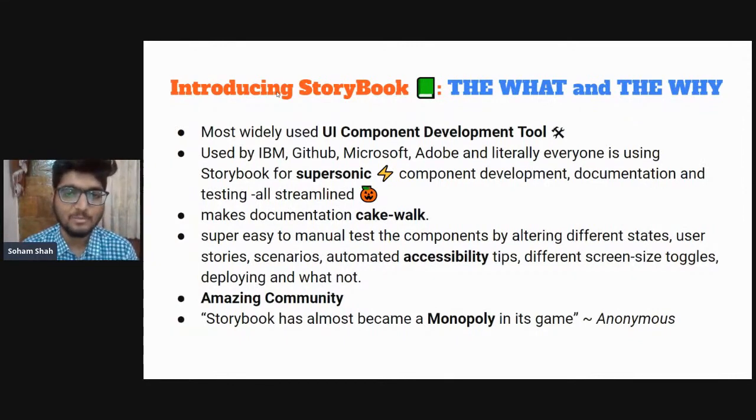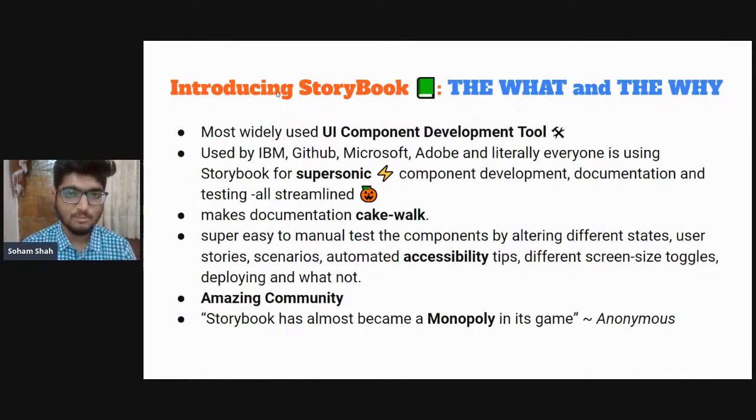As a developer, you are more into deadlines, so that is majorly going to be tested by the designer when he or she looks at the final page, after you have built the whole feature. So that is not a good way to build components.